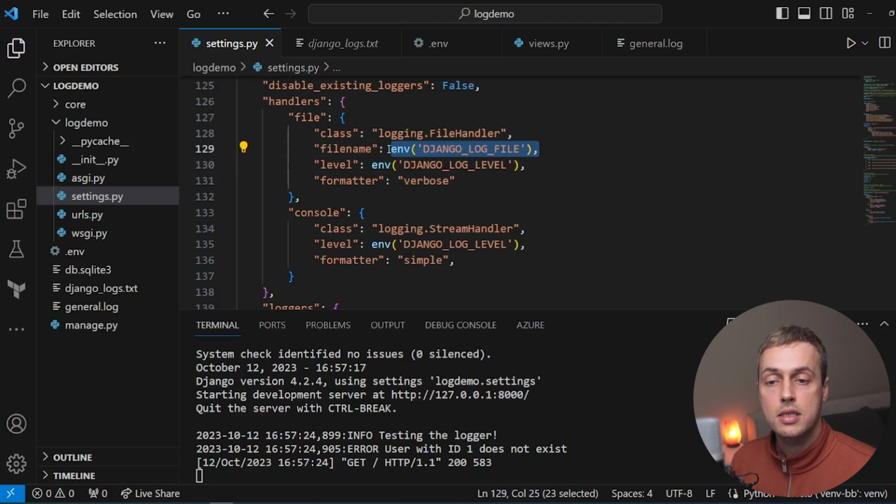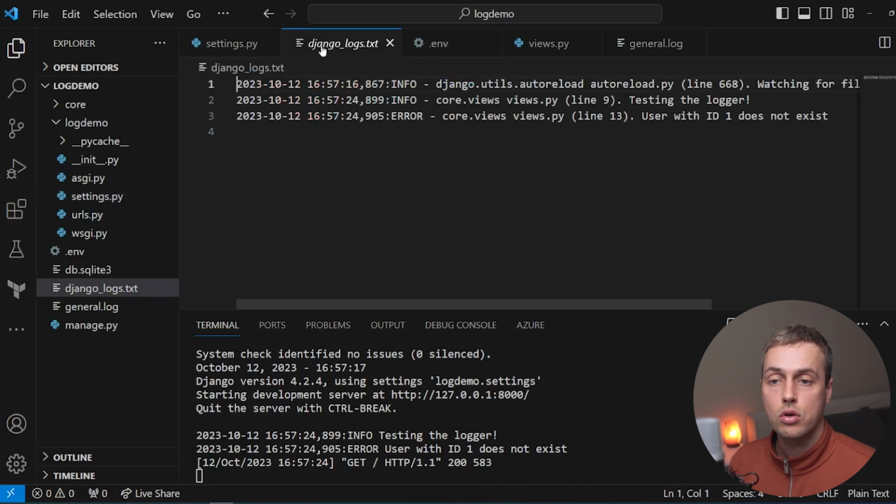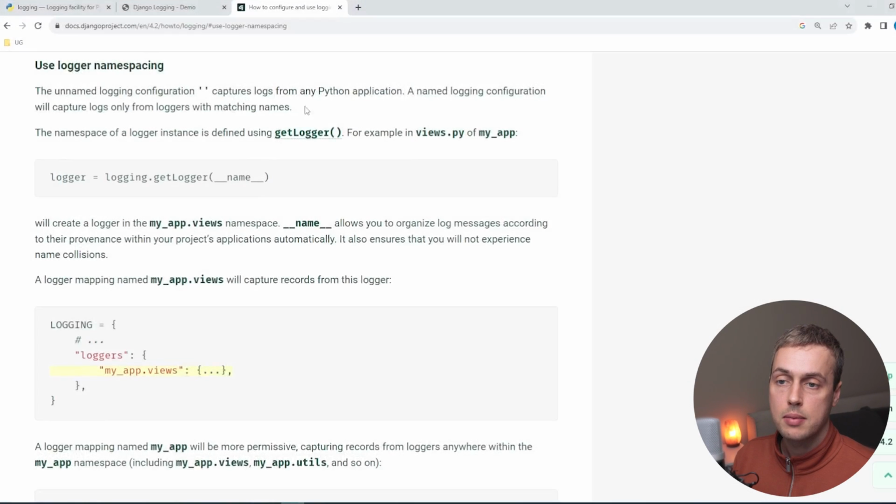So this is working, the setup is working, and we're getting our logs now in this file. What we're going to do now is look at a new concept, and that's logger namespacing. So far we've been using an unnamed logging configuration just with an empty string. When you use a named logging configuration, that will capture the logs only from the loggers that have a matching